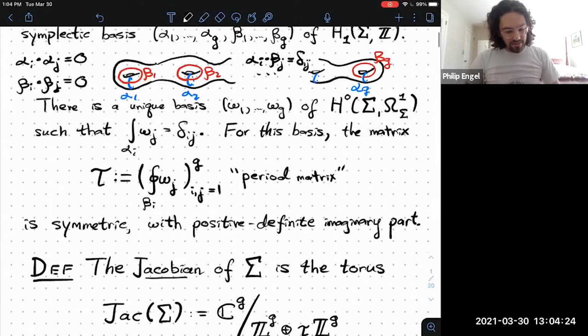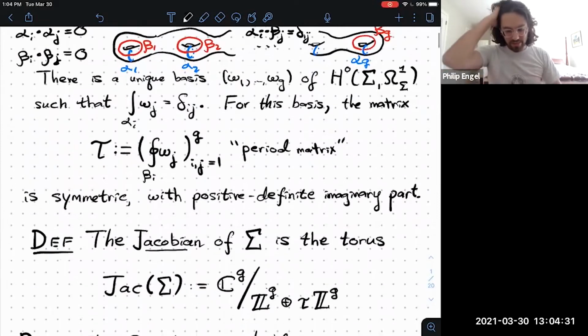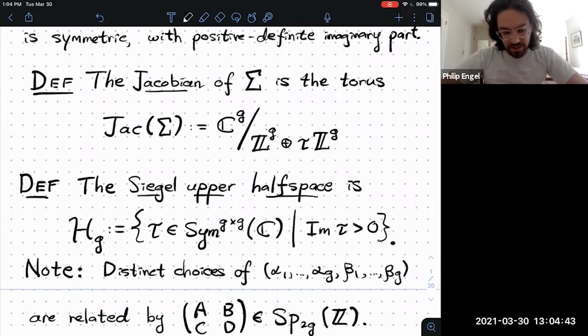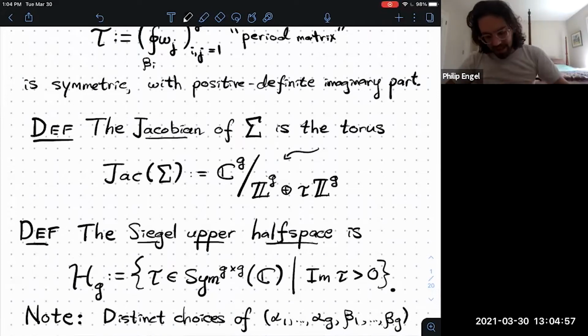So the Riemann bilinear relations are that this matrix tau is symmetric and has positive definite imaginary part. So the entries are complex numbers. And we can define the Jacobian of this Riemann surface to be the complex torus gotten by taking C to the g modulo Z to the g plus tau Z to the g. And so this is built in such a way that